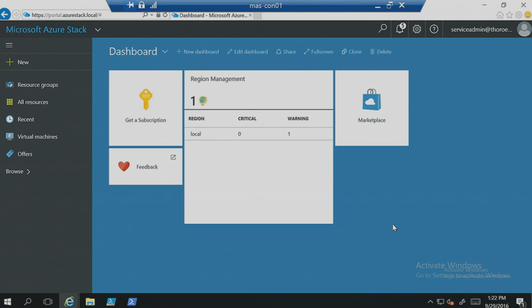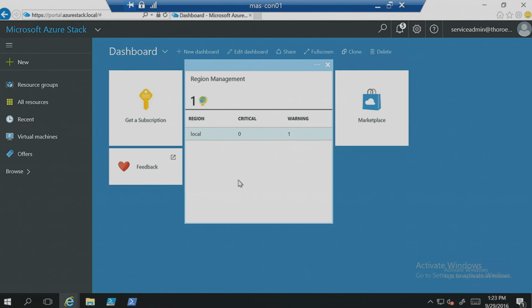One of the scenarios that we wanted to enable in TP2 was to make sure that if an infrastructure VM that supports Azure Stack went offline, you knew about it. You could see an alert associated with that. So I'm logged into the Azure Stack portal. I'm logged in as an account that is part of the admin subscription, so I get to see a tile called Region Management. Now the Region Management tile presents a list of regions. There's only going to be one in the TP2 proof of concept that you install, and the counts of critical and warning alerts for that region.